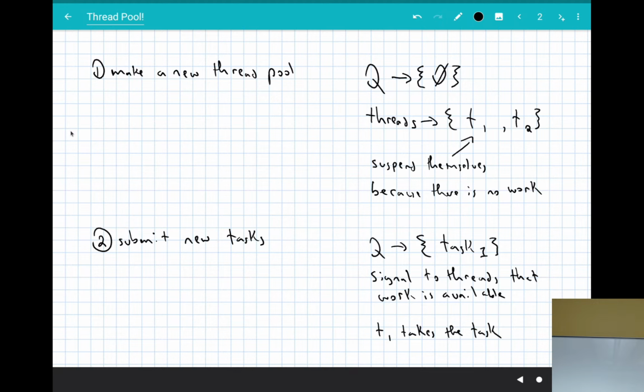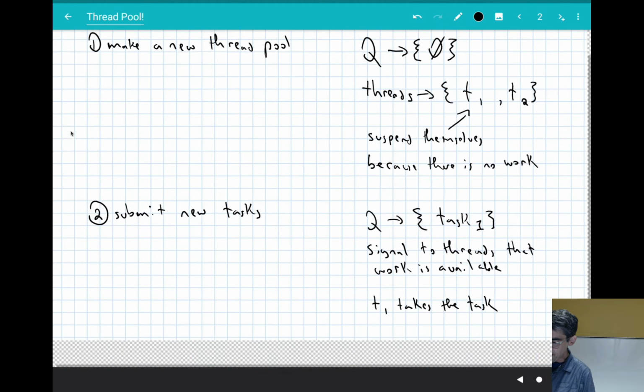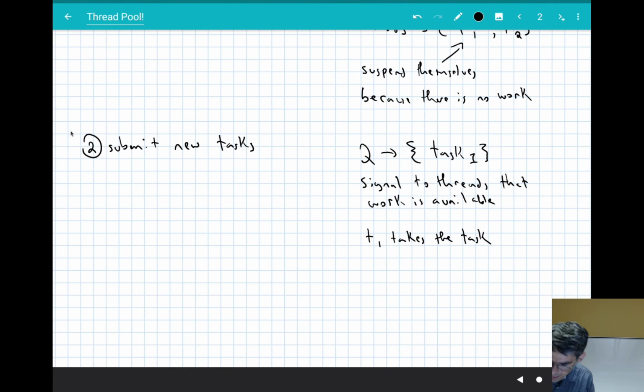But we're going to be using condition variables here. So when the signal is sent, thread 1 is going to receive this signal, and it will hold our lock so it can do stuff to the queue structure. Nobody else is going to be working with the queue structure at this point. T1 is going to take that task, and then it's going to unlock the lock, and then eventually